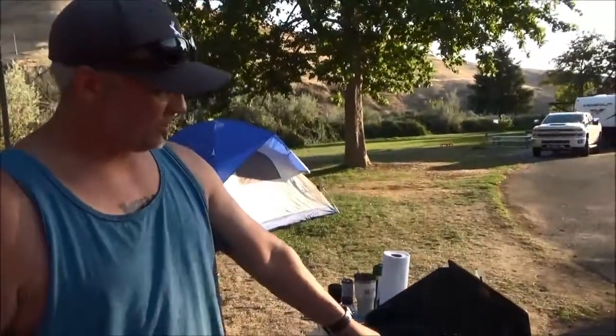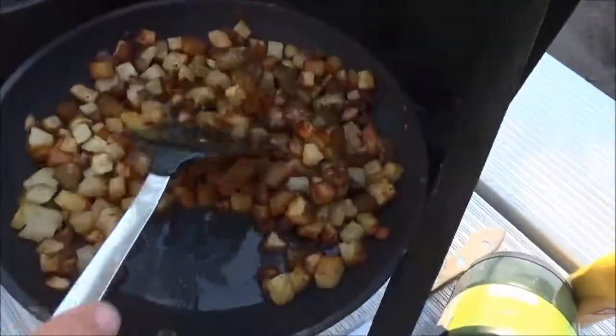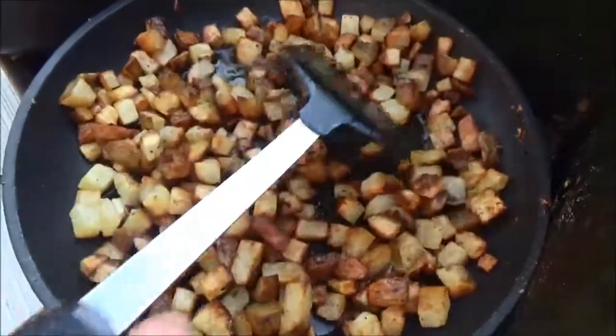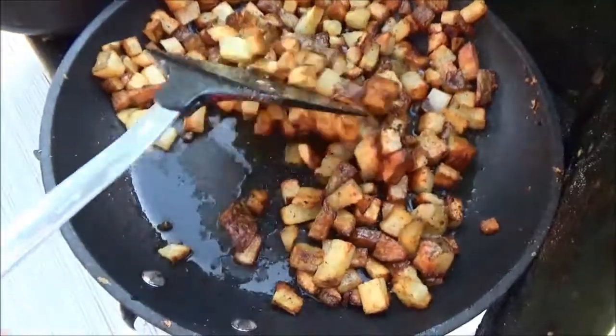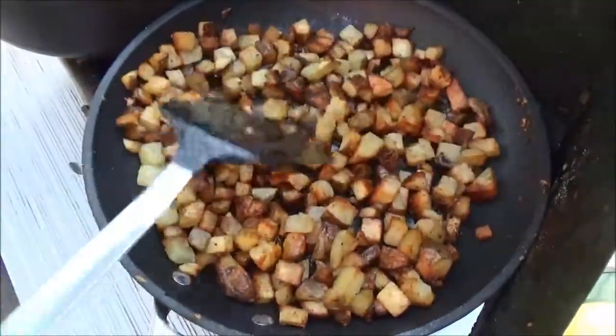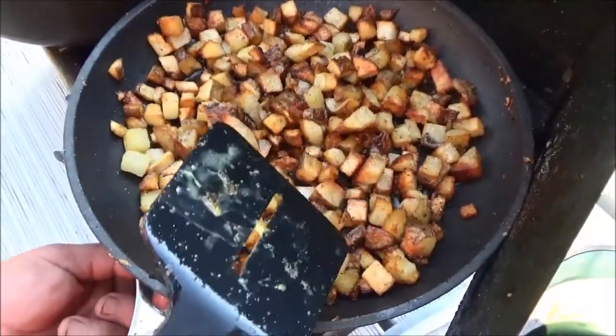See, the potatoes are working. I mean, if you're going to cook fried potatoes, it takes a little bit of time. You don't want them to burn. You want them to be golden brown, delicious. For all you people that are in the food world, you know what I'm talking about. But everybody else in the real world who eats food, that's how you want your food to look when you're going to eat it. So, it's delicious. Now,